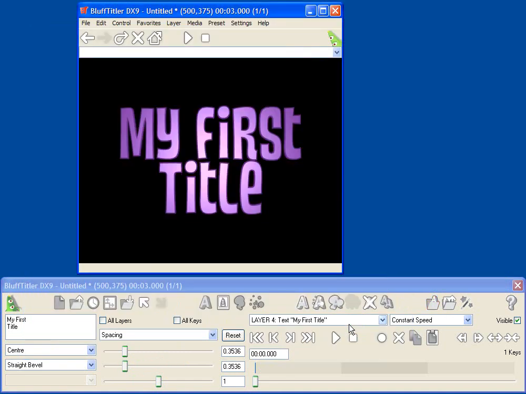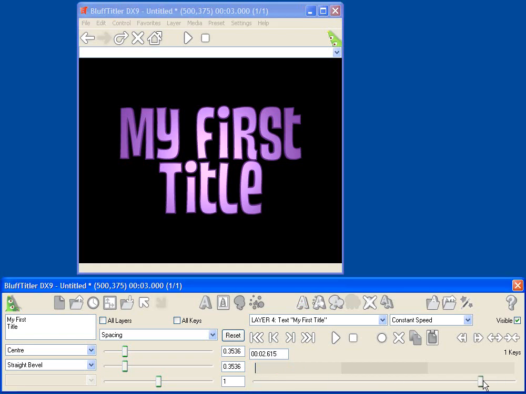Now, it's great that we can select all these parameters and change the look of our text, but let's get to the animation. Now, let's say we want to make a title where this text actually flies in and then lands in this position on the screen. BluffTitler uses a keyframe-based animation system, which means that we set keyframes along the timeline down here, and this timeline slider lets me control what time each keyframe is at. And after I set different keyframes, BluffTitler will automatically interpolate between them or create all the in-between frames for me